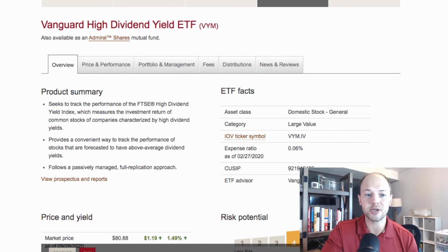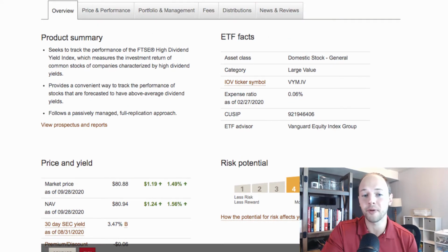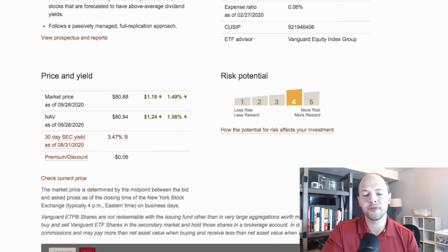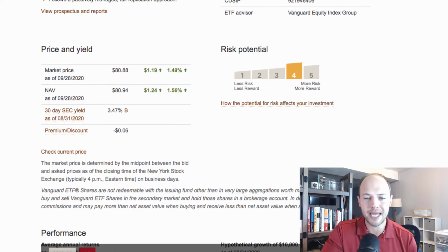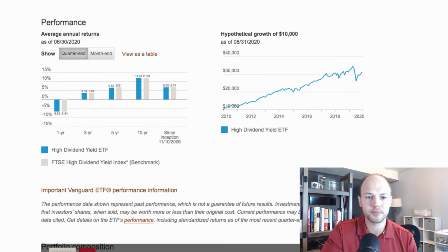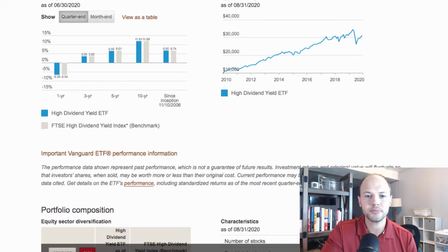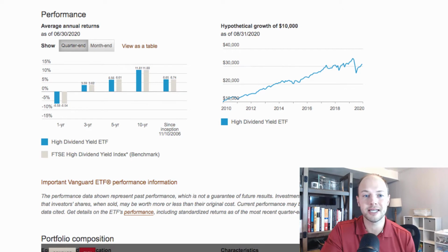But also these are very valuable stocks, a lot of them from the VTI ETF I gave you, the total stock market. I'll give you some examples there. But from a risk perspective, on a scale of 1 to 5, it's at a 4. I'll get to that here in a second. The growth of this stock, as you can see, has been pretty incredible as well. Even though it is a yield stock, it still has a lot of those VTI stocks in it,